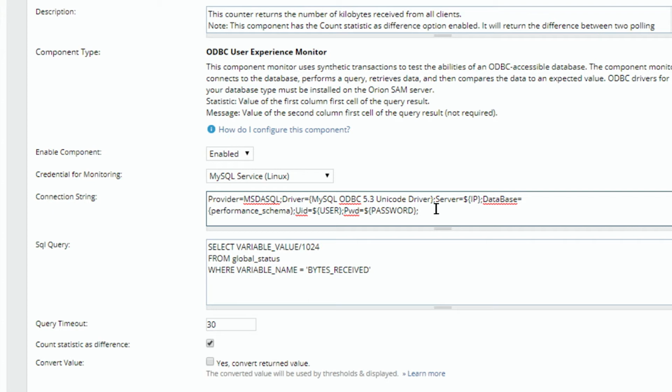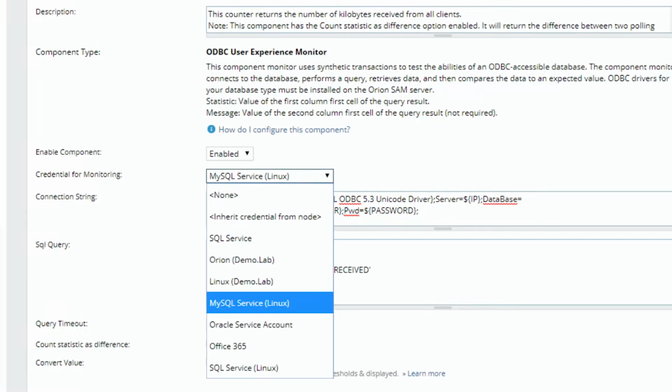So I know we've talked about credentials for monitoring before, but I want to highlight it again here specifically because this is important. It's being used for the connection to the database, right? So very, very important. You do need to define those credentials. It can be inherited from the node if the node credentials are the same as the credentials for the database server. And let me say that with even more words,